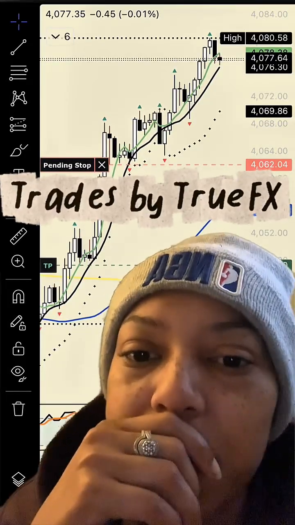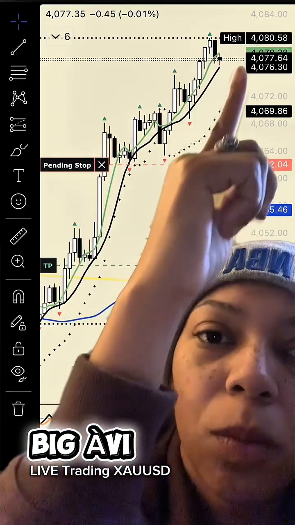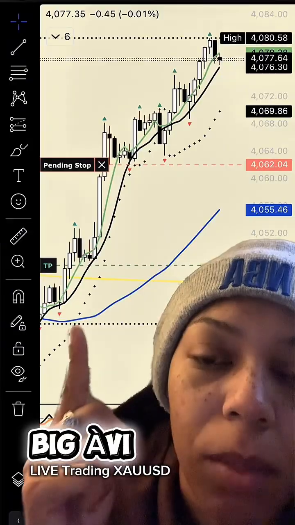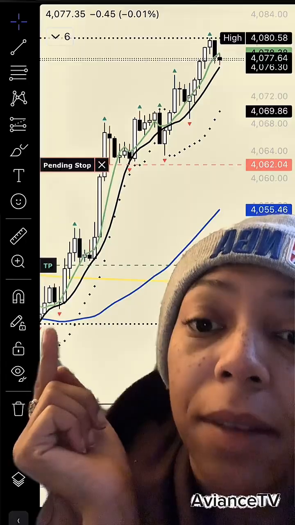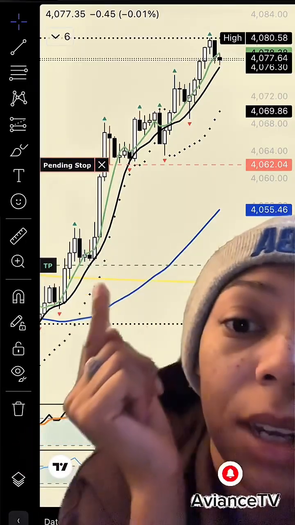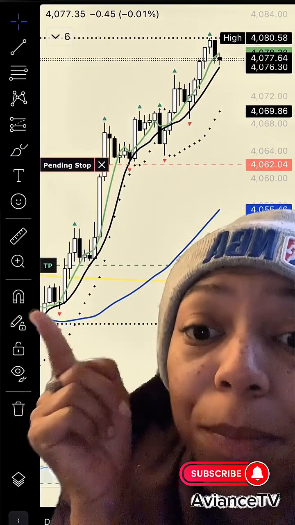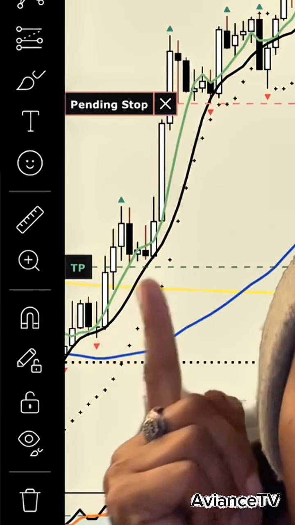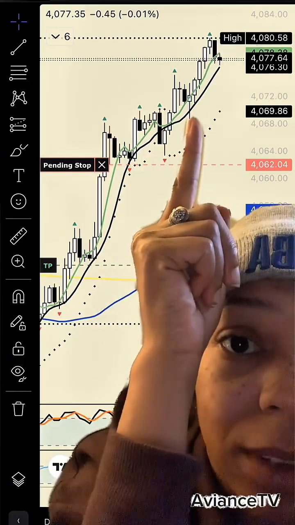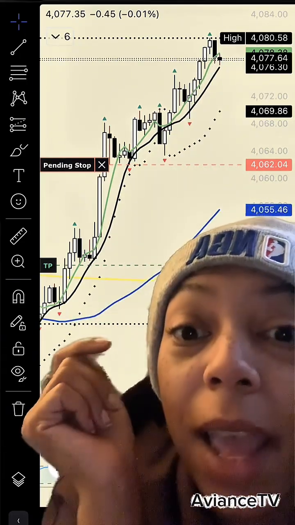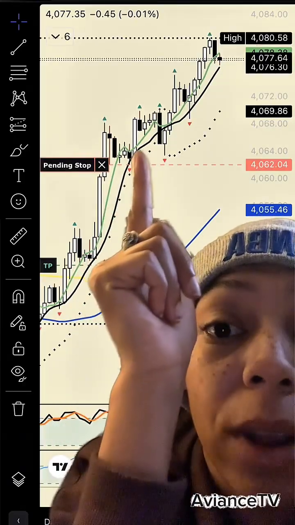So on this chart particularly, we have this momentum where it's going up, right? So we see prices literally going up. We have this 50-day right here, and then this is the 5-day, that black line. If you see, it has come and touched this black line once, twice, 3 times, 4 times, 5 times, and is currently doing it now. Every time it comes and touches this black line, it is pulling back for a retest